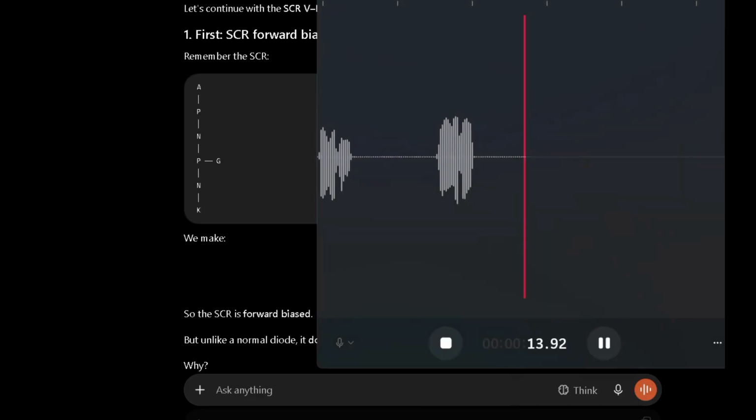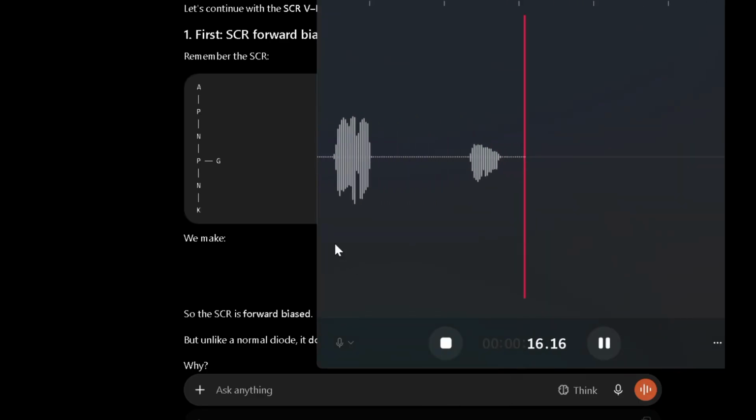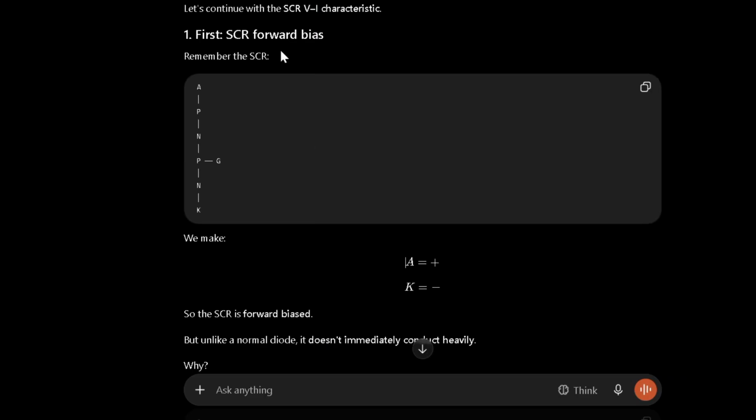First, the SCR is forward biased. Remember, P is getting the gate pulse. Here P is connected to anode and N is connected to cathode. We make A positive and K negative, so the SCR is forward biased, but unlike a normal